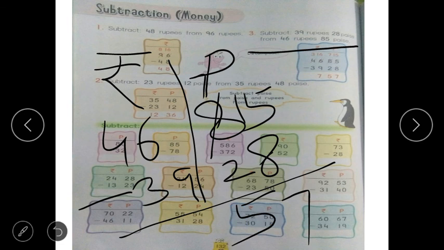5 minus 8, that is a smaller digit, so you have to borrow, and here it remains 7. 15 minus 8, 7. 7 minus 2, 5. This is paisa. Now the rupees: 6 minus 9, it is a lower digit, so 16. This is 3 now. 16 minus 9, you will get 7. Now 3 minus 3 is 0. Rupees 7, 57 paisa. Is it correct? Okay. Rupees 7 and 57 paisa. This is your answer. So this way you have to do page number 132 in your book. Complete both pages and show to me. Thank you, children.